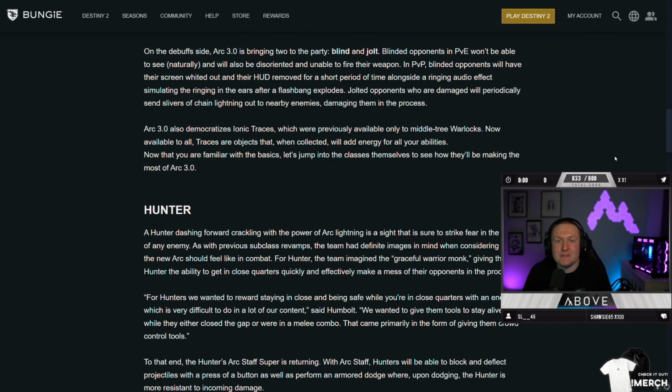My poor PvP mains out there. Jolted opponents who are damaged will periodically send slivers of chain lightning out to nearby enemies, damaging them in the process. Interesting. Okay. Arc 3.0 also democratizes ionic traces, which were previously available only on middle tree warlocks, now available